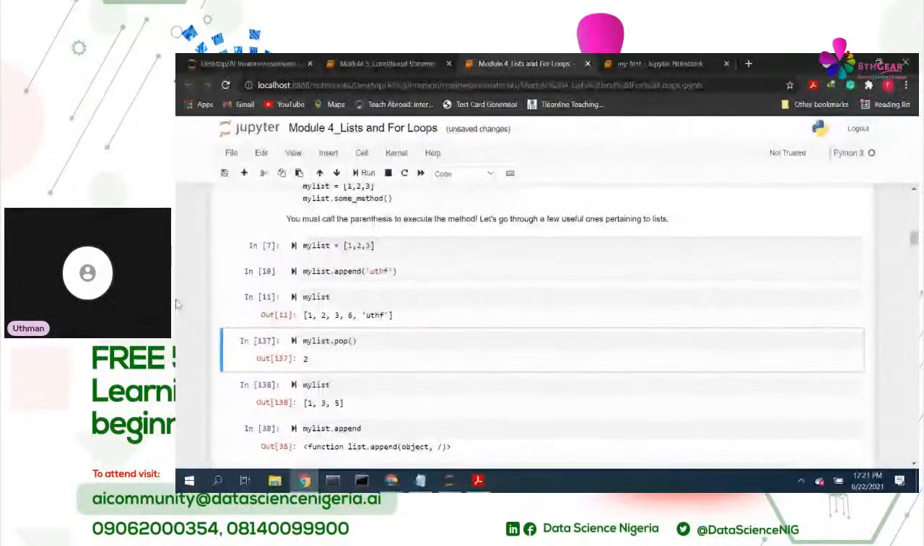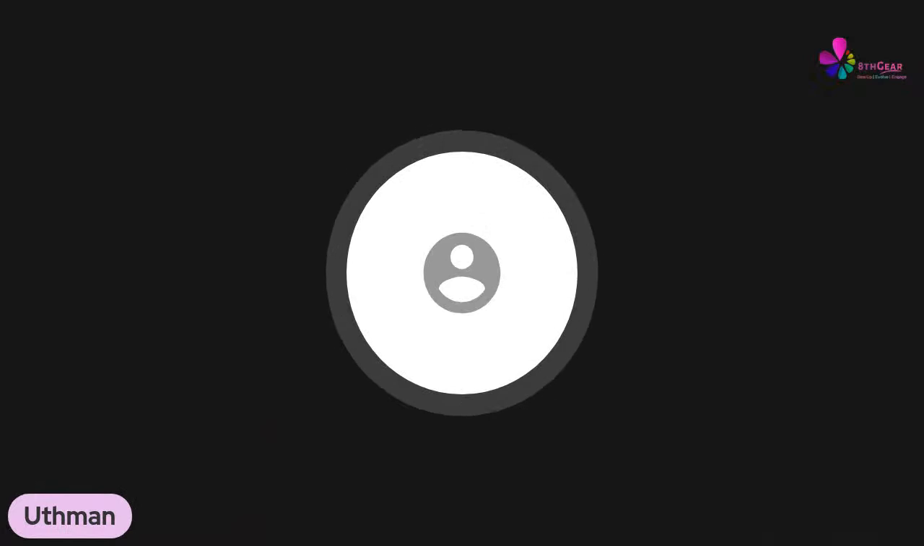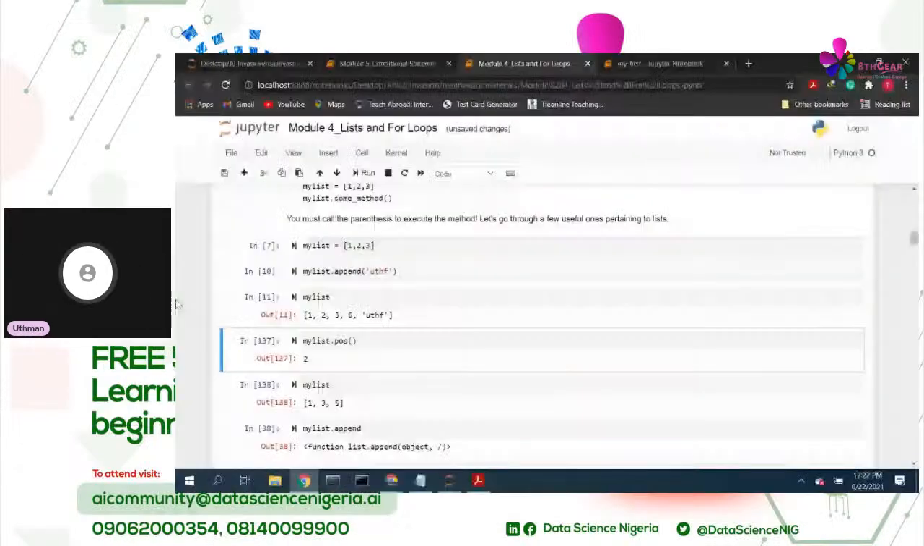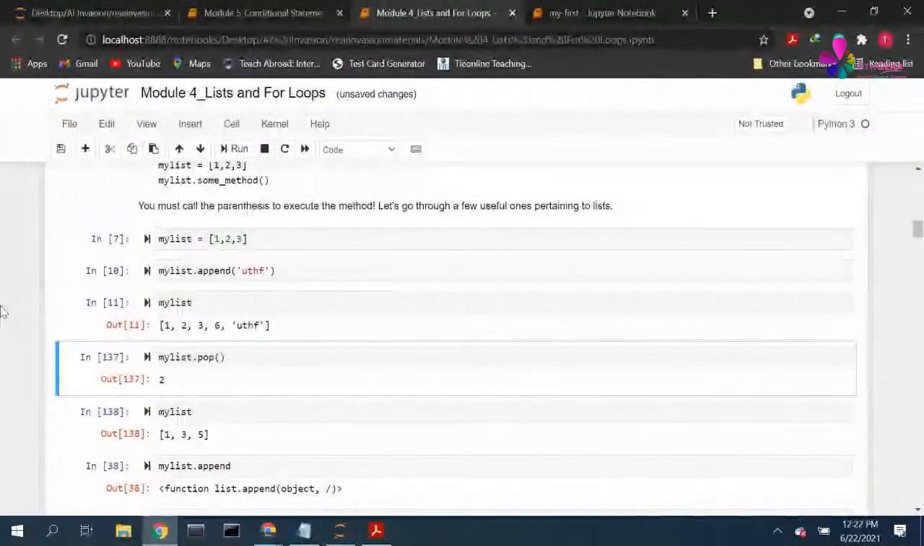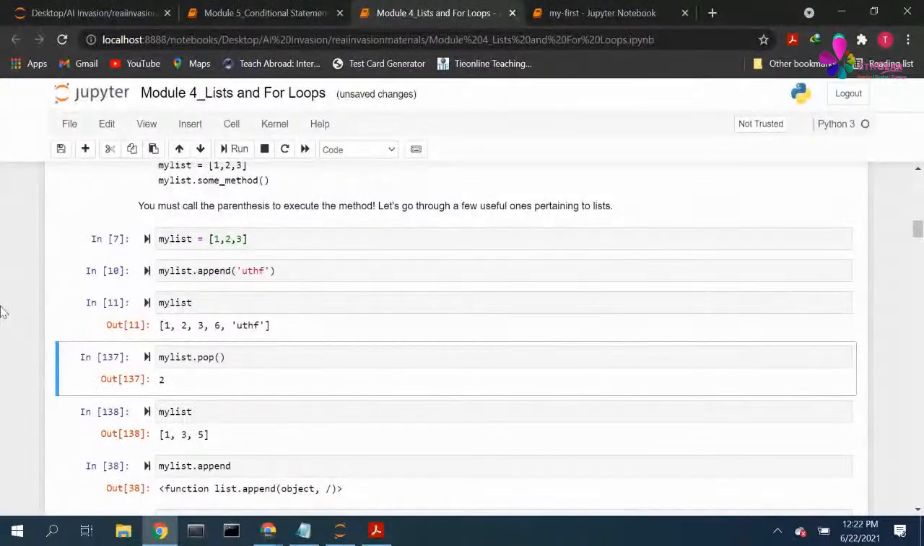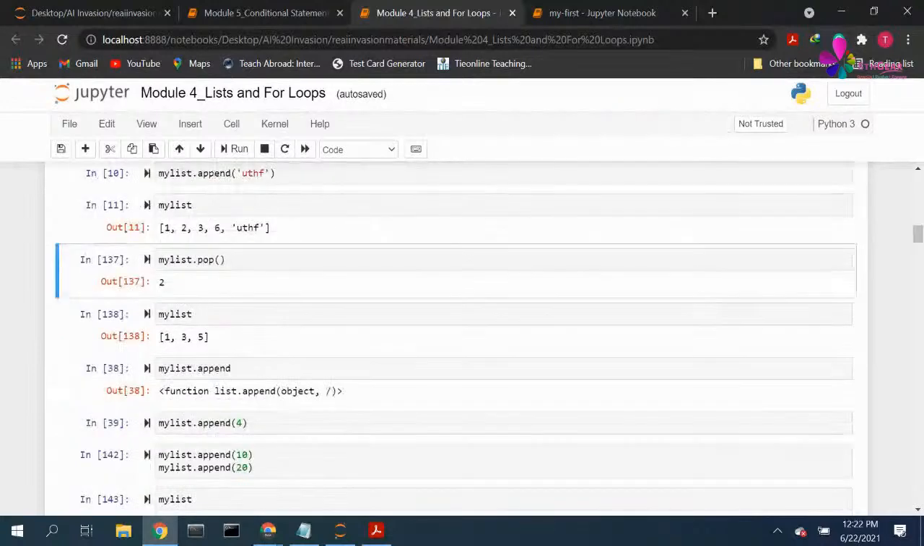A list can contain two different data types or more. So in this list, we have integers and we have a string. When the list was created originally, it contained just integers. But I remember that I needed to add some letters, and then I appended it. The pop method is used to pop out the last element of a list. If I do dot